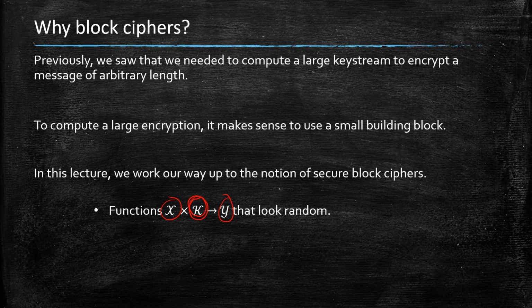And we will require that those block ciphers be random looking among the space of functions. And we will see that there is something to be said about those functions that have the bias of being a permutation of the set X, because those block ciphers in fact are permutations,